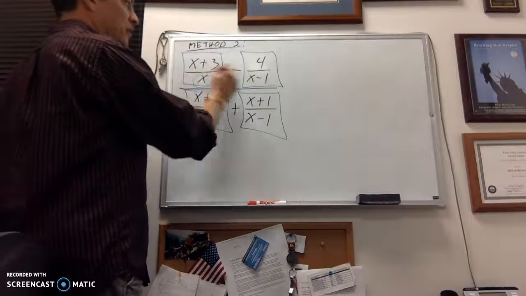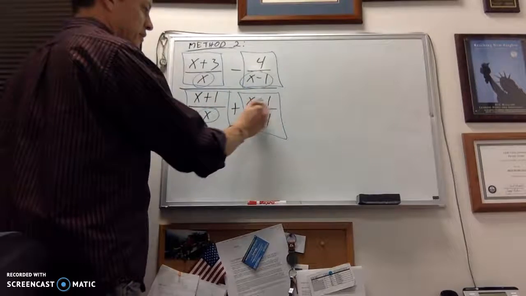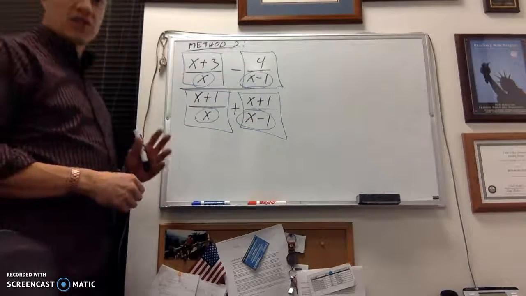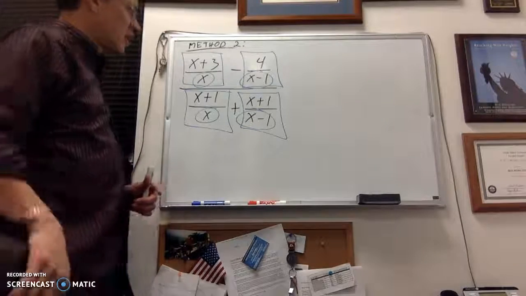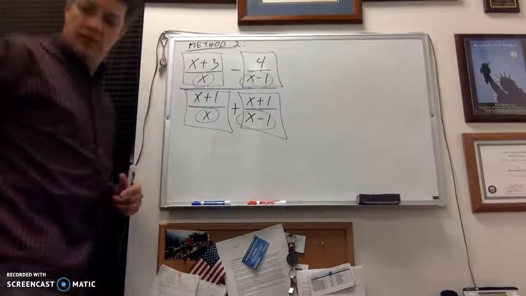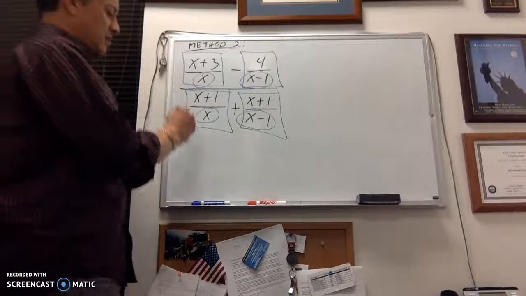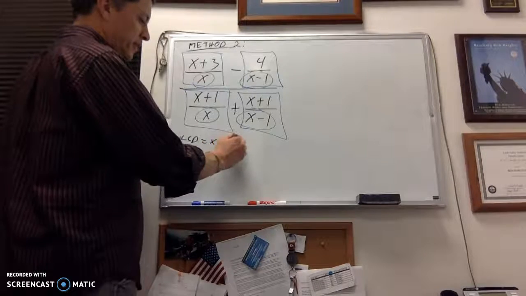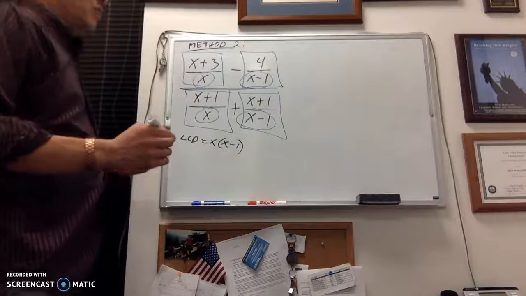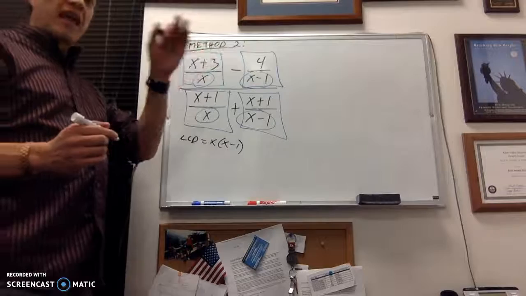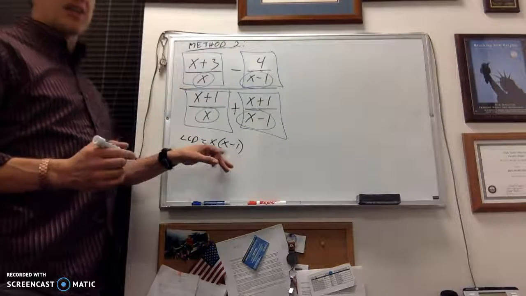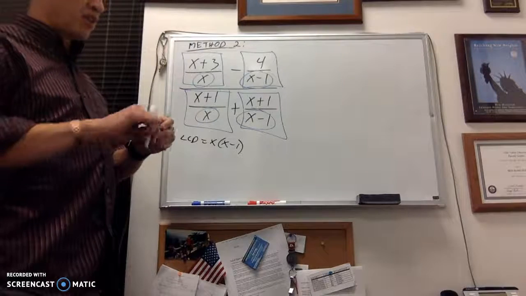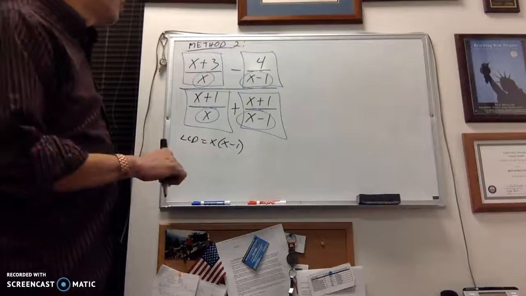Let me circle all the little denominators within these guys. Alright, with what I've got circled, what is your least common denominator? If you said x times x minus 1, then you'd be spot on. So what I'm going to do is I'm going to multiply numerator and denominator by that x times the x minus 1. Now, something I neglected to do in part 3 of my video when I initially showed method 2